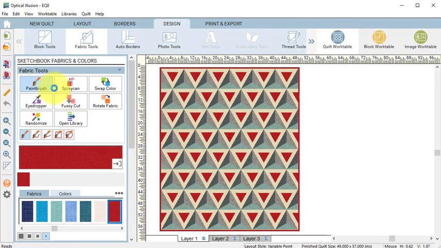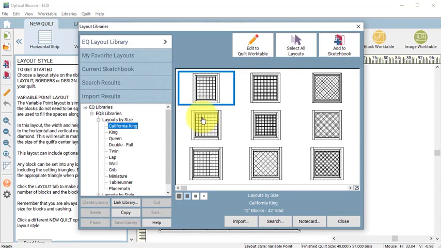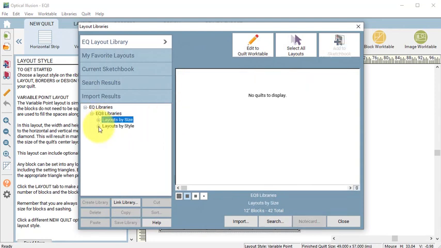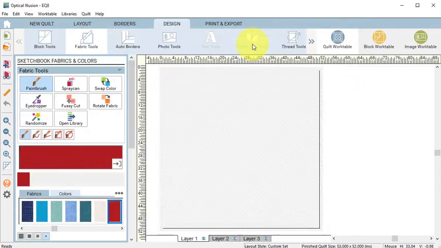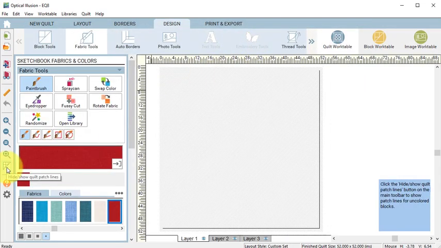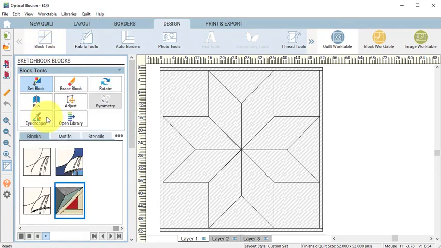Now let's try something different with this block. Select New Quilt, and the ribbon toolbar, scroll to the right and select Open Library. Select Layouts by Style and select the Stars layout, and select the Stars 1 and select Edit to Quilt Work Table. I'm going to turn on Hide Show Quilt Patch Lines, and under Block Tools, Set Block, take this block